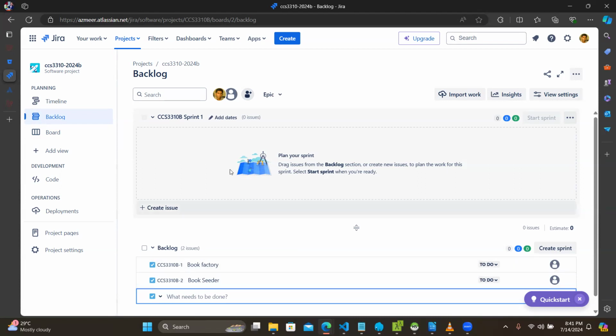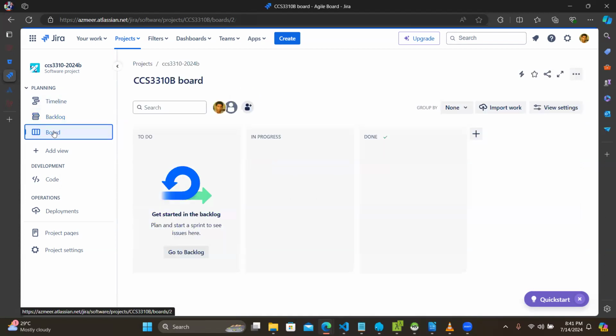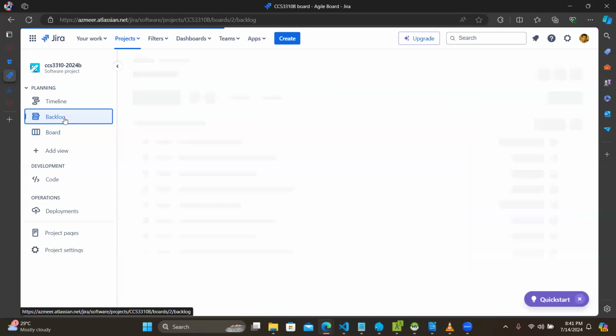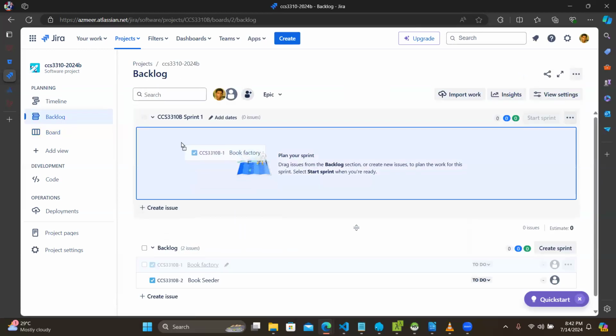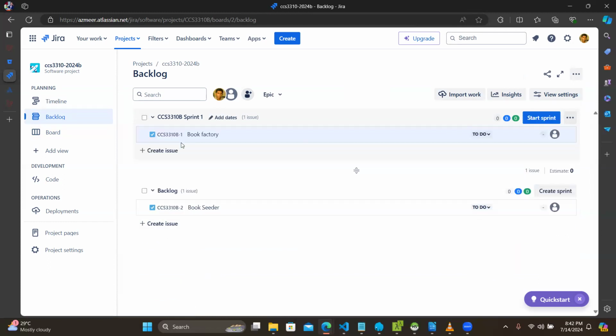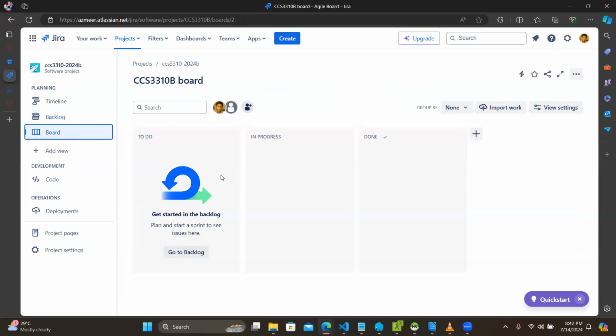So if I want to bring that to a sprint, I can go to board here, right? Right now I don't have anything to bring in here. So from this, I can bring this to my sprint one, for example, like this. Okay. So now I have two features to work on. First is under factory. So if we go to board now again, okay,